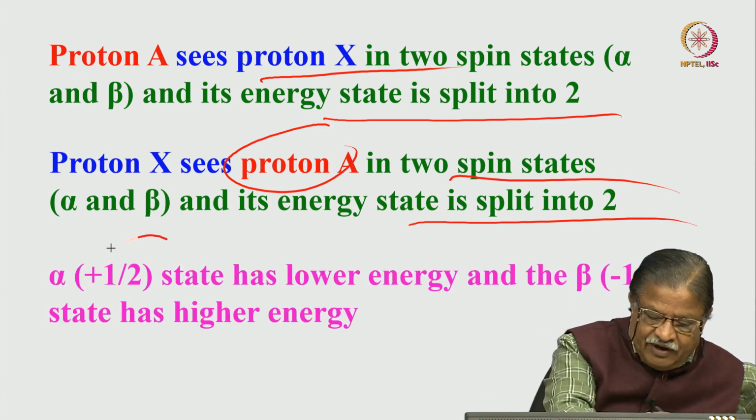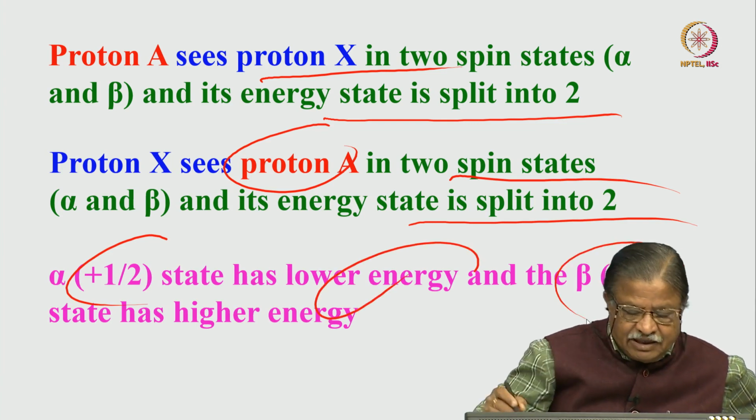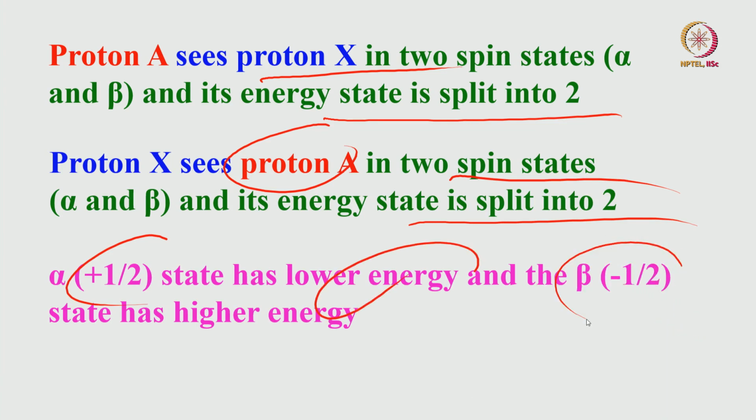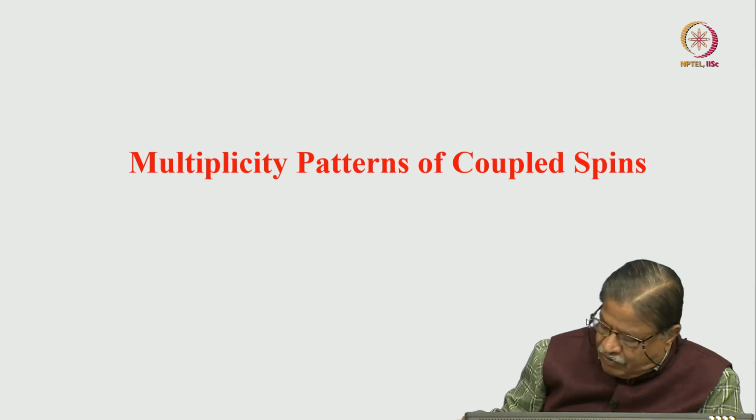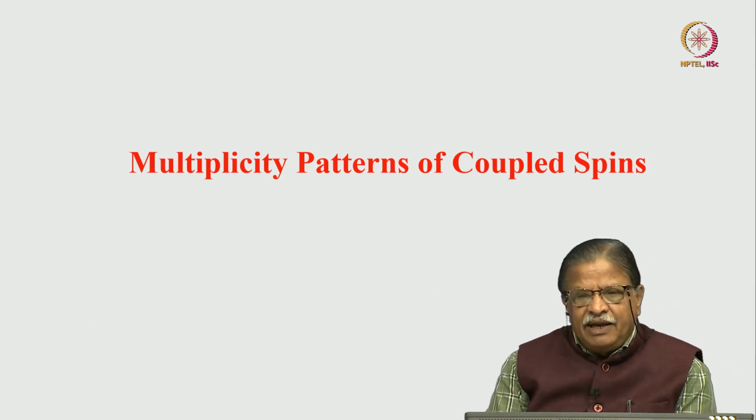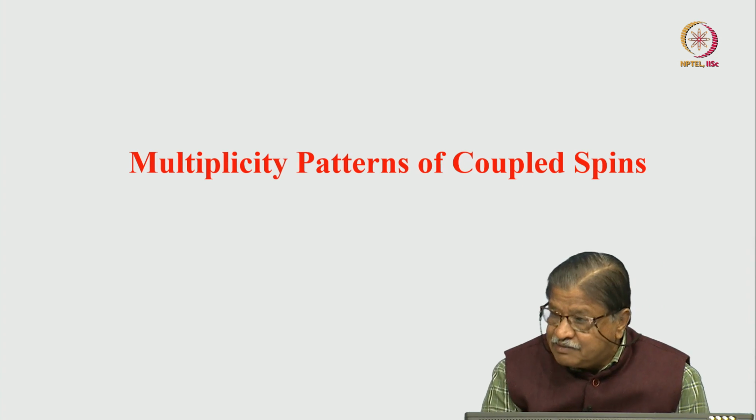So, alpha state has lower energy and beta state has higher energy. As a consequence, each peak is split into two lines. Please remember this statement: when two protons are interacting, each proton is split into a doublet because of its interaction with the other proton. And the interesting thing I wanted to tell you here is, please note, when A was coupled